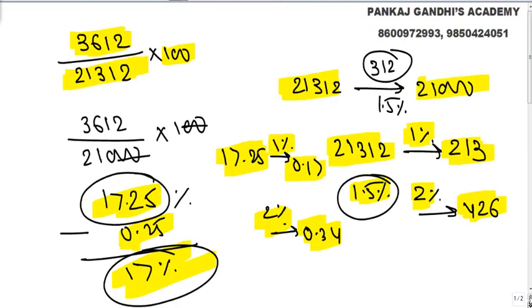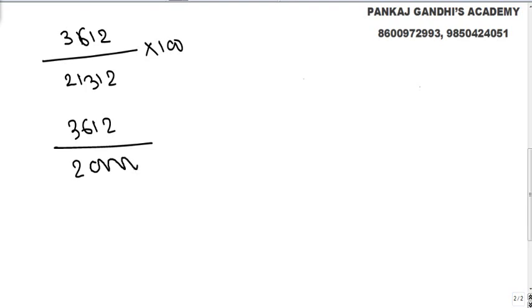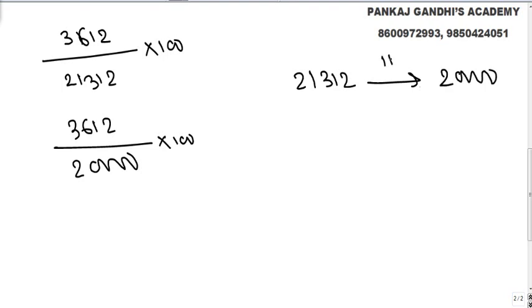Let's say someone did it the other way: 3612 upon 21312. Now assuming that someone does not know the table of 21, so he makes it 20,000. 21312 is made 20,000, so it is reduced by 1,